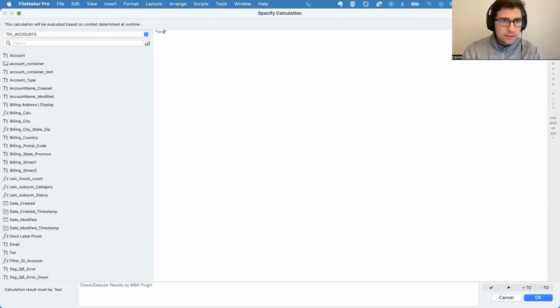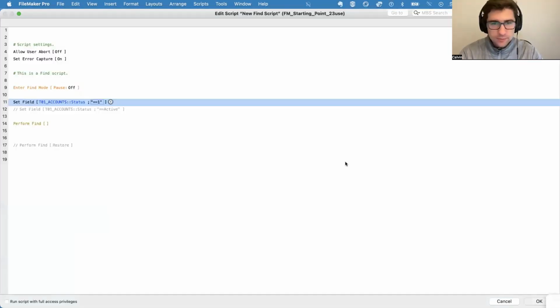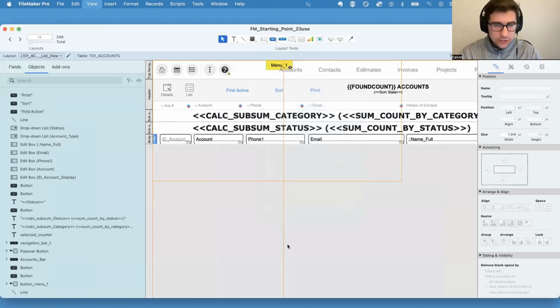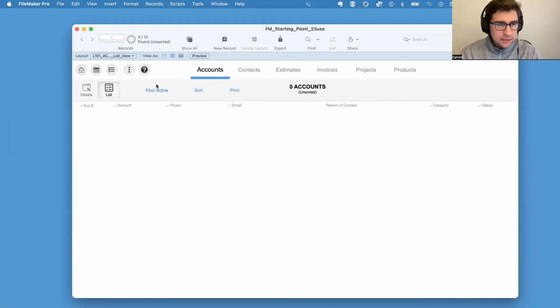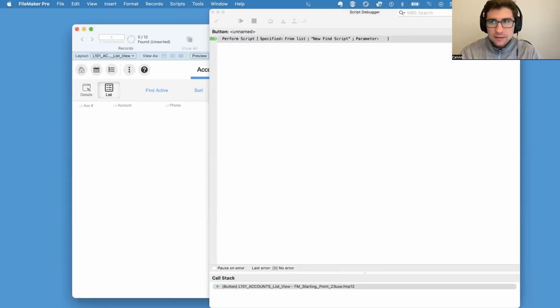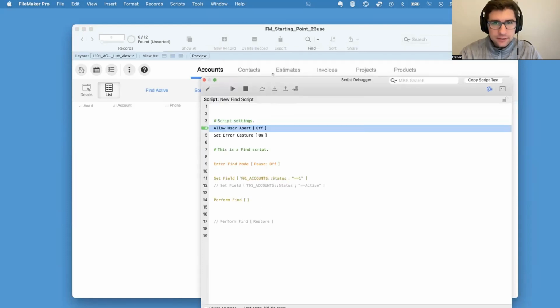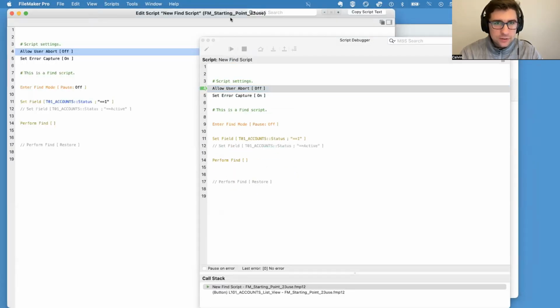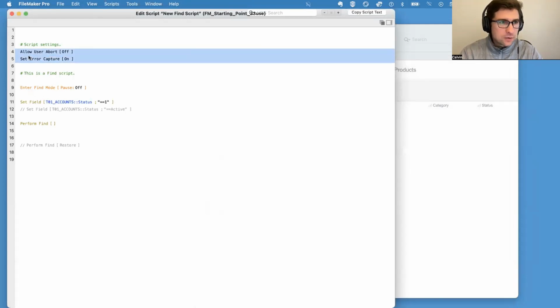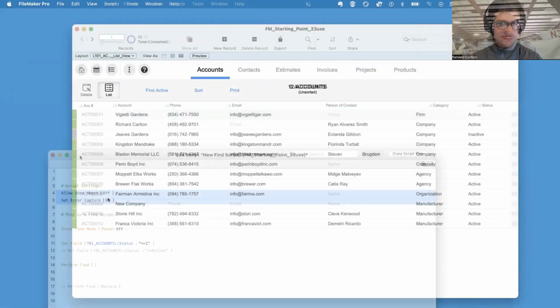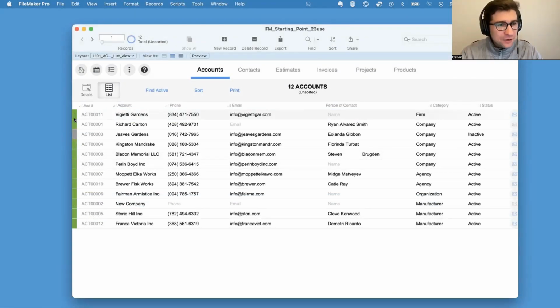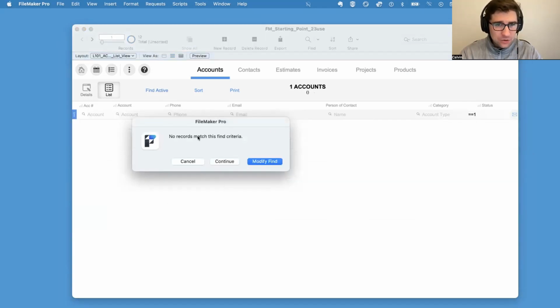What do we do? Here's an example. So I just broke a script. What do we do when we have something that doesn't really work? I'm going to take this script and make it do something that would be really useful. Here we have 12 records, and the green ones are active records. I've got this great button that says Find Active, and it says no records match the find criteria. So